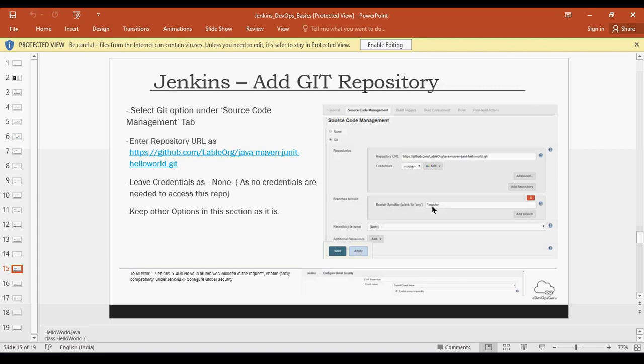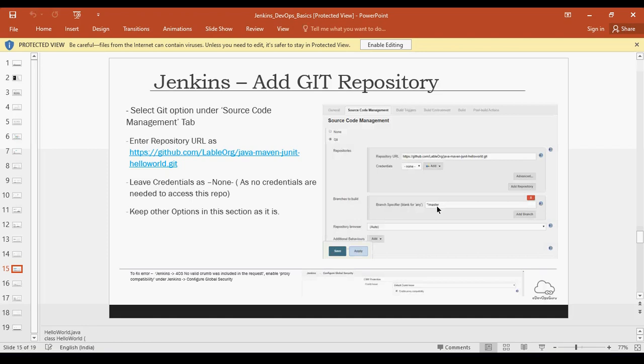In that case, there are certain environment variables pushed by GitLab or GitHub which are available to Jenkins, correct? That would help you identify which branch has been checked in. So there you can use those environment variables to check out the branch.